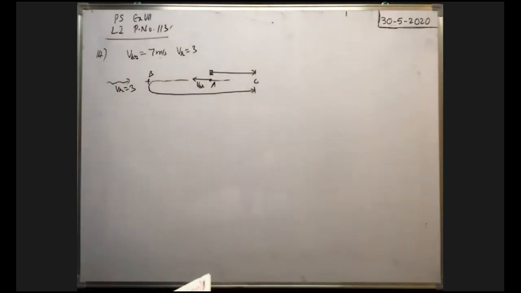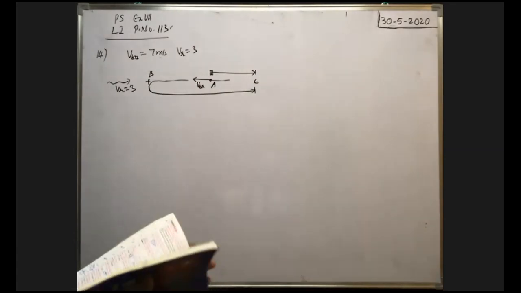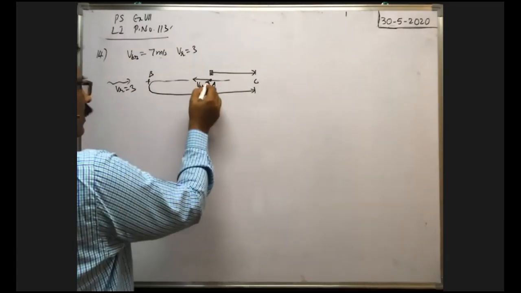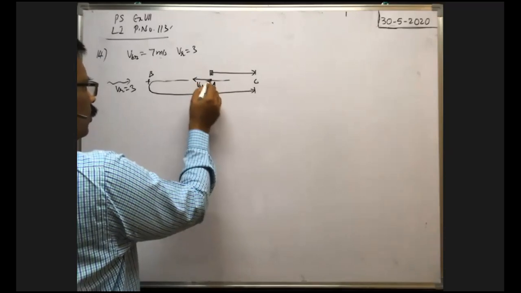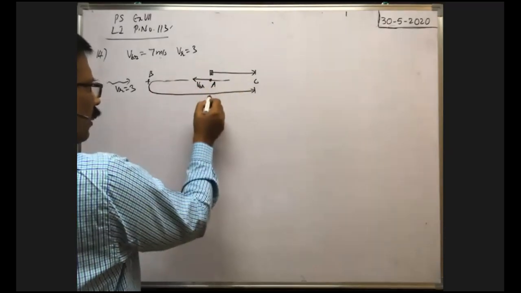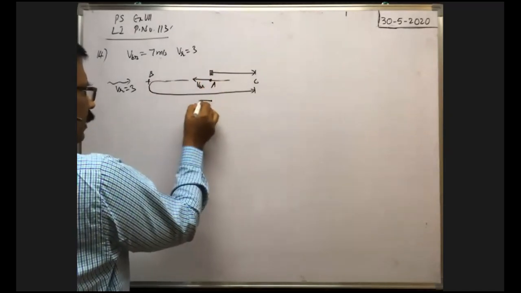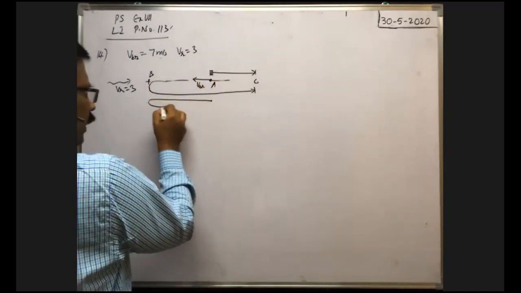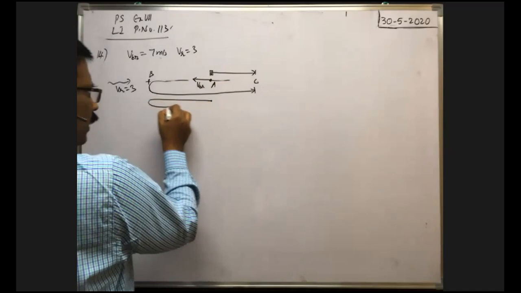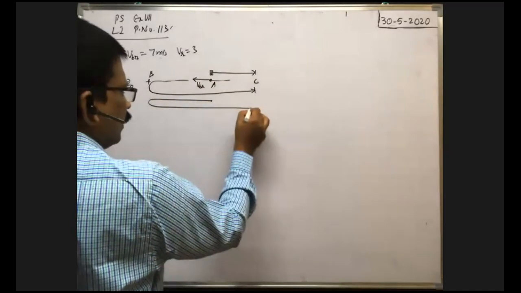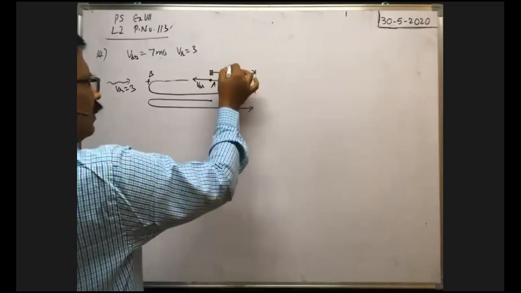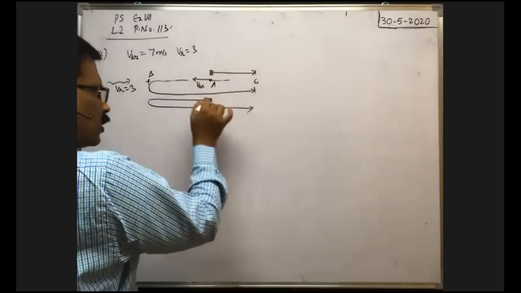Now here they asked the time taken by the boat to catch the float. Time taken by the boat to catch the float is equal to, you see, after the float is dropped, the boat travels from this point and from this point and like this and reaches this one. This total time taken is set as T. So in this total time taken by the boat to travel and come back to see the float, the float travels in the same time from this point to this point.